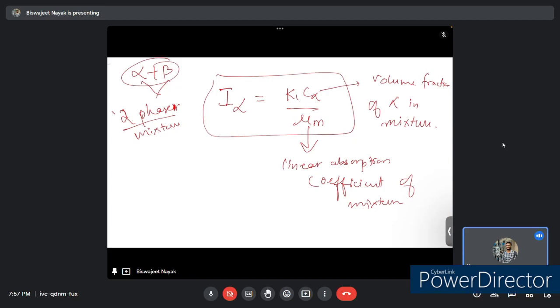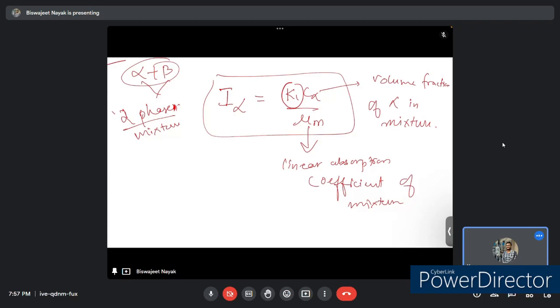This I alpha HKL is multiplied by a factor C alpha, the volume fraction of alpha in the mixture, to allow for the diffracting volume of alpha in the mixture, which is less than it would be if the specimen were pure,